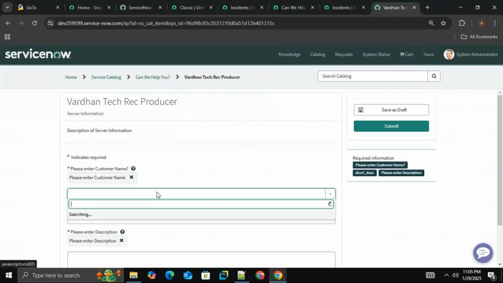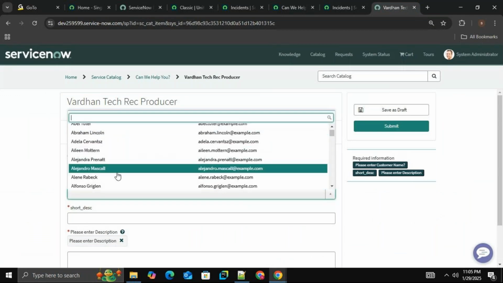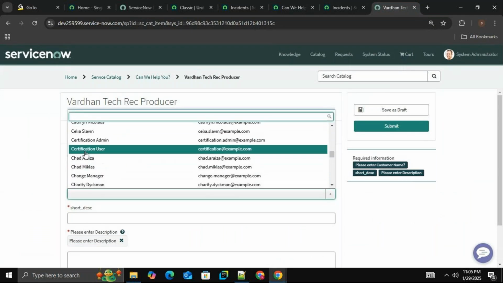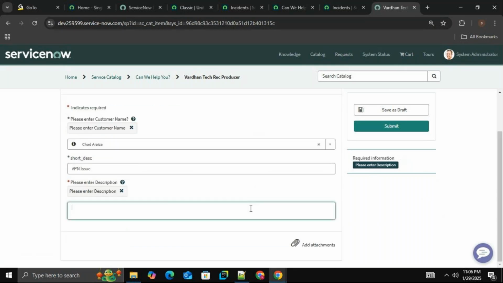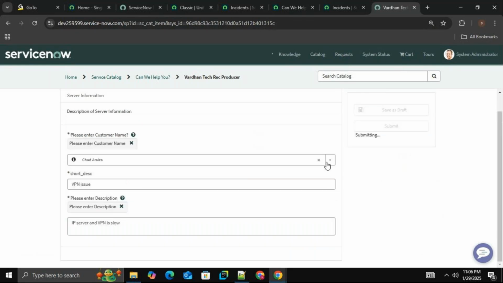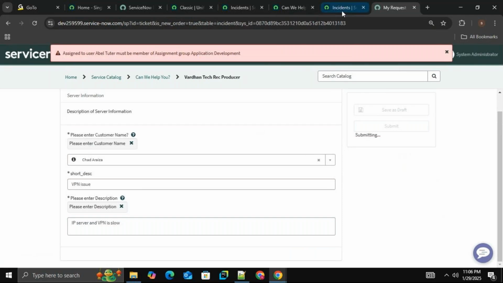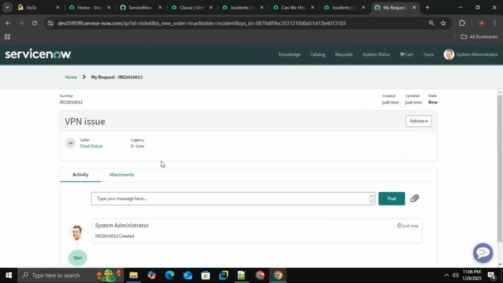So let me submit another one, something like a VPN issue, something new, and the IP server and VPN is slow. I'm giving some text. Submit this. When you submit this form, we see there is a record that has been created with